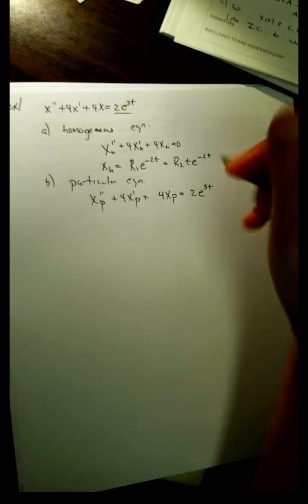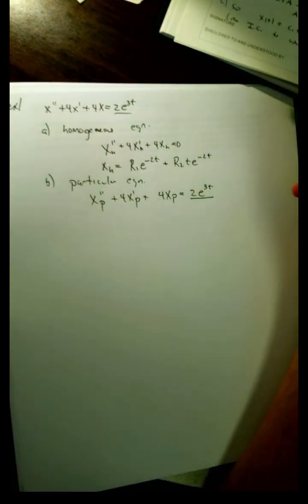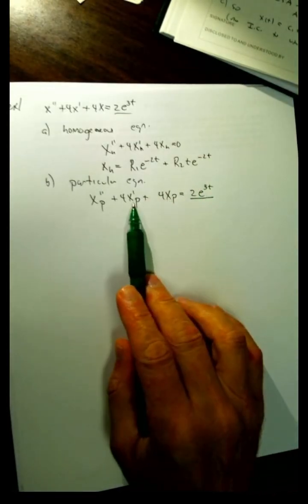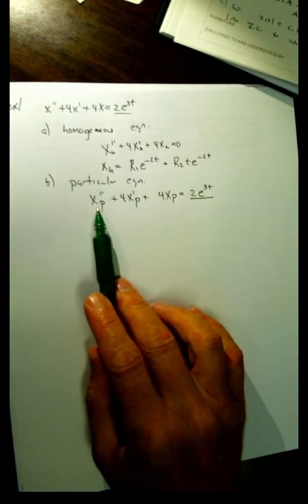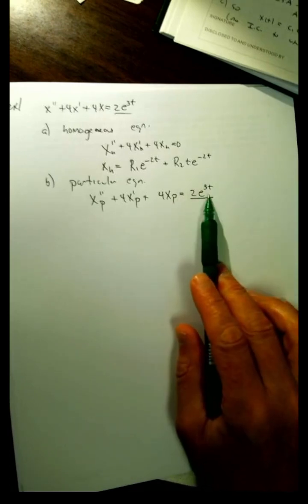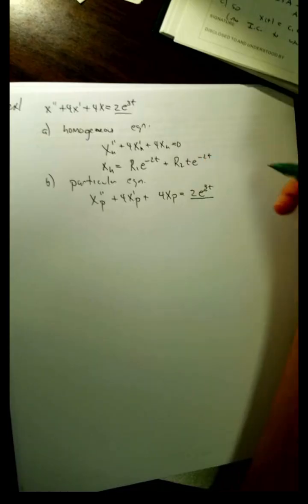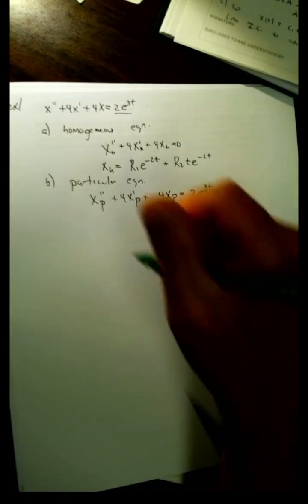Okay, so now I've got to stop and reset. I have an exponential. So I want to know what kind of function, when I take the function and its derivatives and then add them up, I'm going to get another exponential. In this case, it's e to the 3t. So my guess